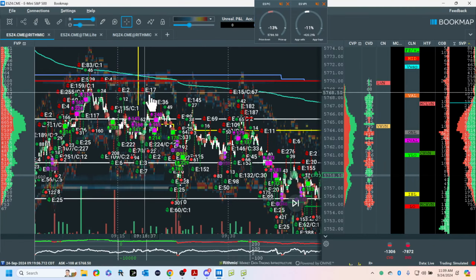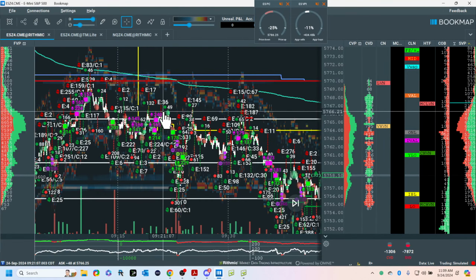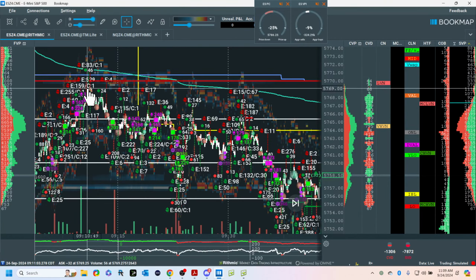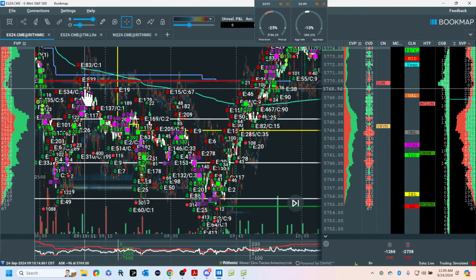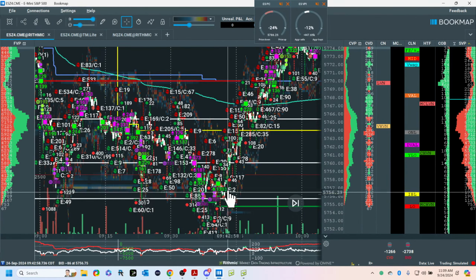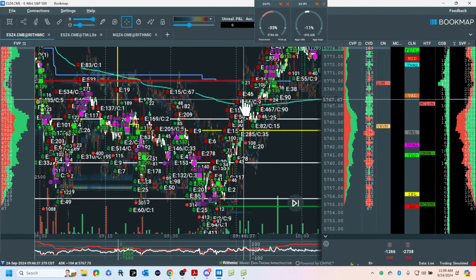And where's the stops? Above the swings. There and there. Write this down. Look left. There's a swing here. Well, that is aligned with the low volume node, which is out here. So what I know is, in my long, I cannot go short here because this is at best my target, so there's no range. So no qualification, no trade.